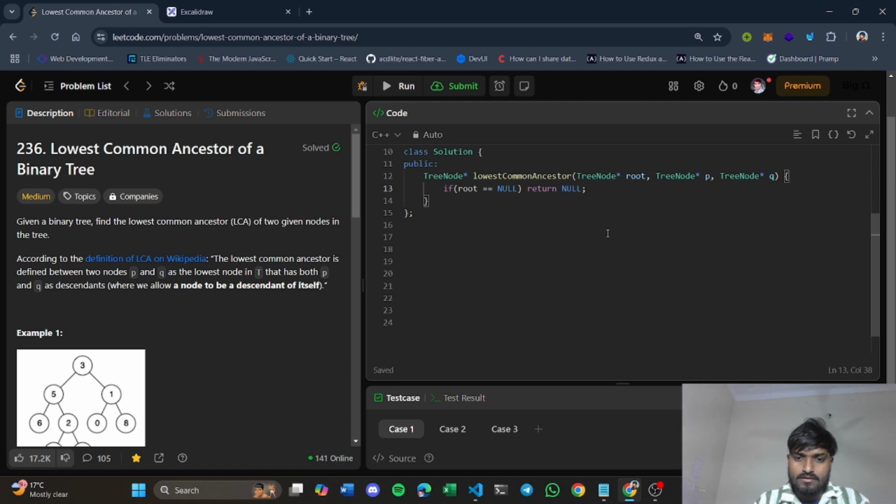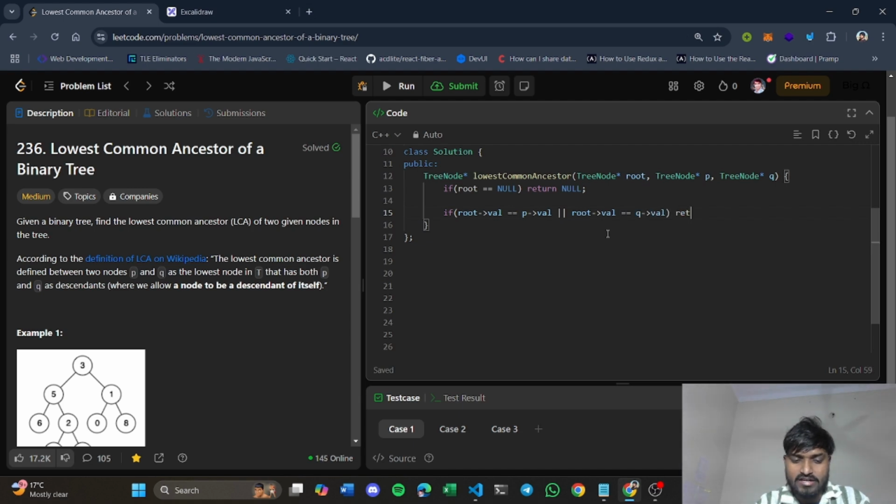Now we came to the case where your root dot val is equal to, here you are provided with this node P and node Q. So let's say your root val is equal to P dot val, or your root val is equal to Q dot val.